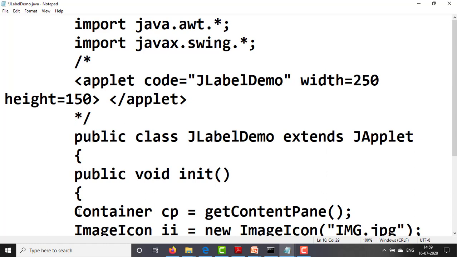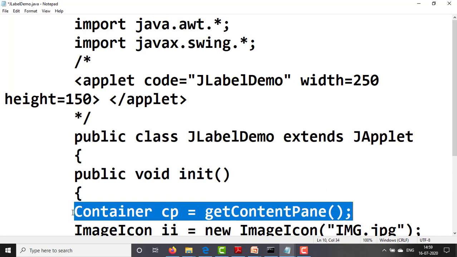This line is important for JApplet. Directly we are not calling the add method, we need to get the content pane. After this content pane we are calling the add method.